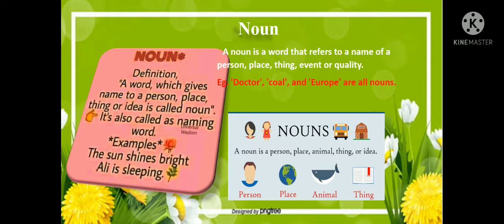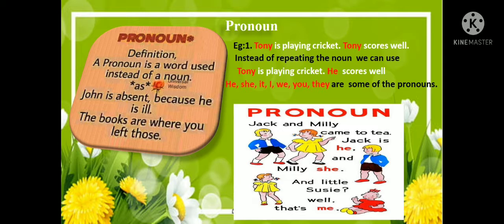It's called the noun. We would like to see Europe. So Europe is a place. He put the cup on the table. Table is a thing. So table is a noun. So finally, Kamal beat a snake with a stick in the garden. So Kamal is a noun, beat is a verb, snake is a noun, stick is a noun, garden is a noun. So person, place, animal or thing. These are called noun. Let's see another one.